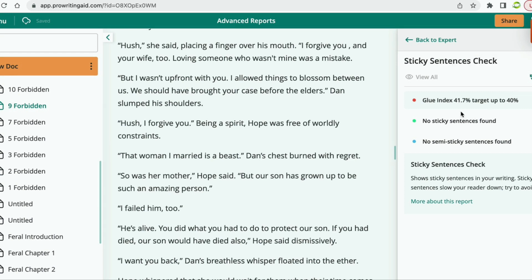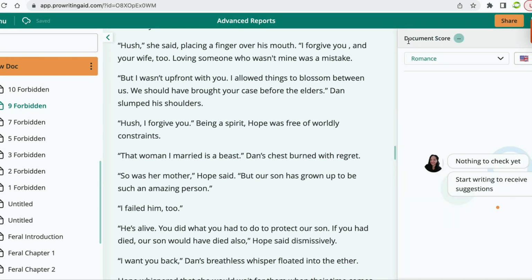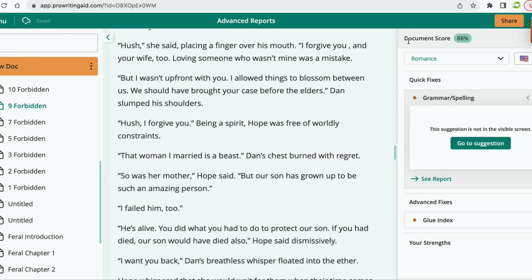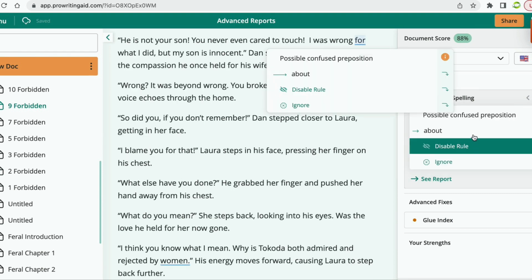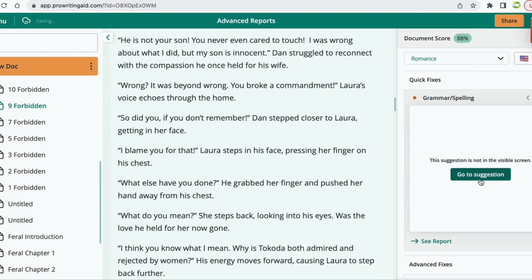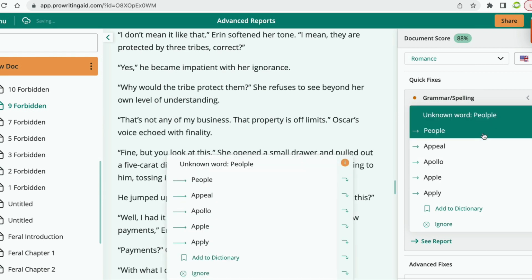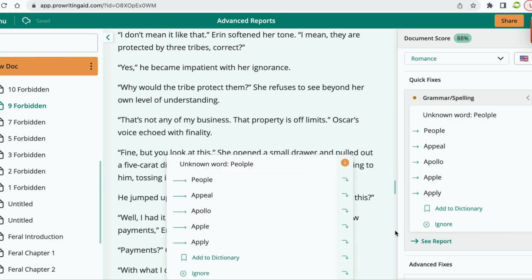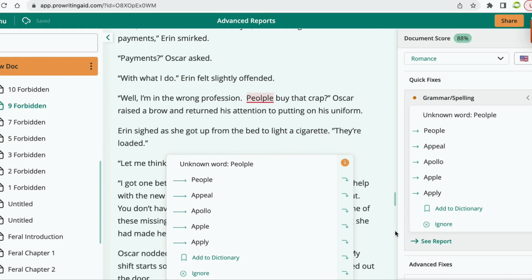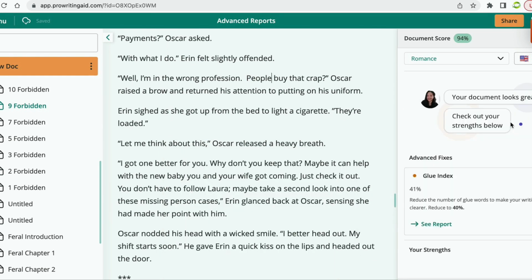Voila, we're back to 41.7%. Okay, that's the best I could do. I got 3. Where's the word? Oh, yeah, I was trying to spell people, my bad. So now we're at 94%, which seems to be my going. I don't know. I can't beat that. I always get 94%. Why?